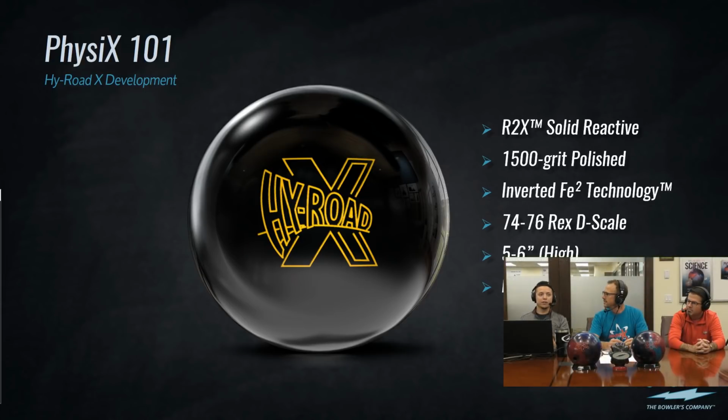But this is going to read the middle of the pattern a little bit better. Not quite like NRG. NRG, like on the High Road Nano, is definitely going to be a lot sooner, much larger footprint in the oil. Yeah, that's for sure. But still prepped at 1500 grit polish, it just gives a little bit more roundness, I think. That's kind of what I saw.